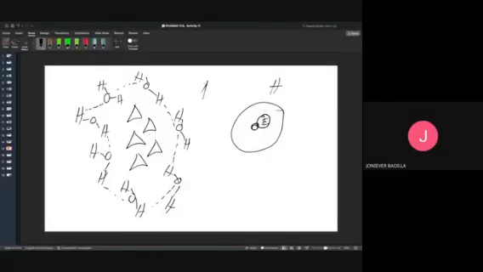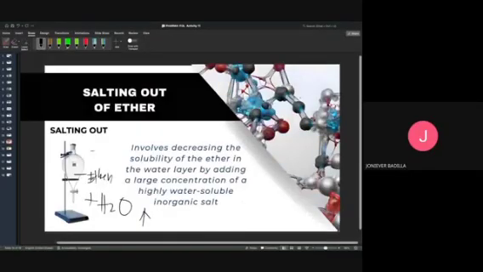So if we increase the concentration of water, as presented a while ago, we are promoting the water solubility of ether. That's why it is possible for ether to form a homogeneous solution with water if we increase the volume of water. Now, the principle of salting out is that